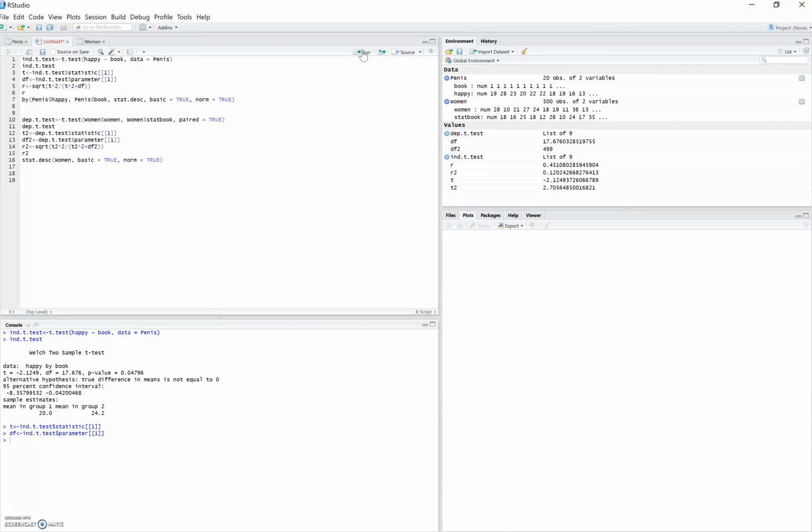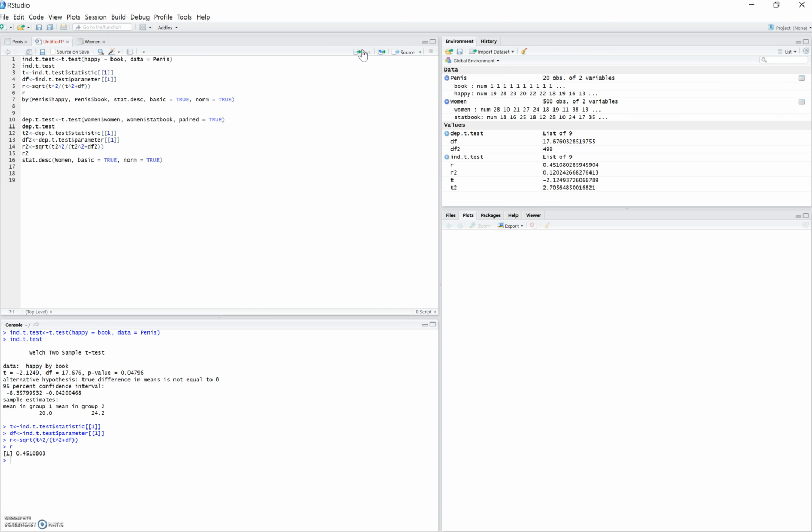So now that both t and the degrees of freedom have been specified, we can run the formula for r to get the effect size. And we see that the effect size is 0.452. This tells us that this is actually a fairly large effect, that reading these books and the statistically significant difference that we see in the mean is actually a fairly large